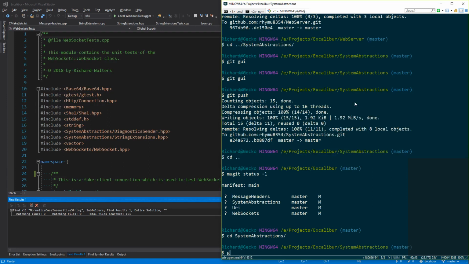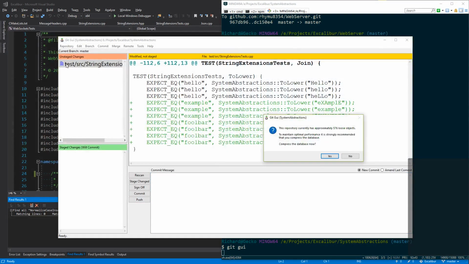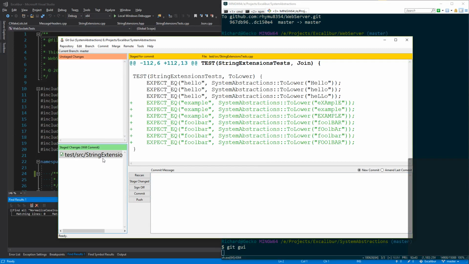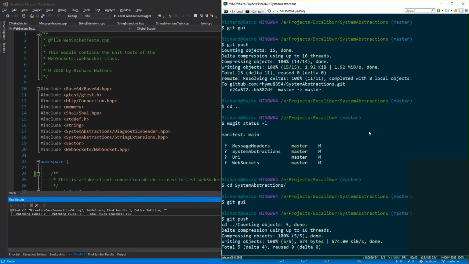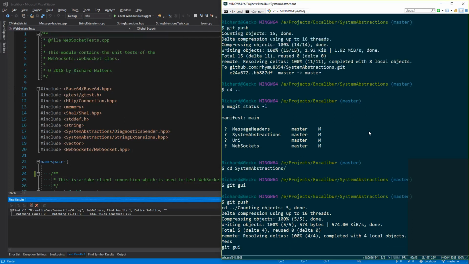Okay, let's do system abstractions first. This was to simply add more test cases. Fold in additional test cases for toLower. These came from URI when it had its own version of this function. Then message headers, I guess.